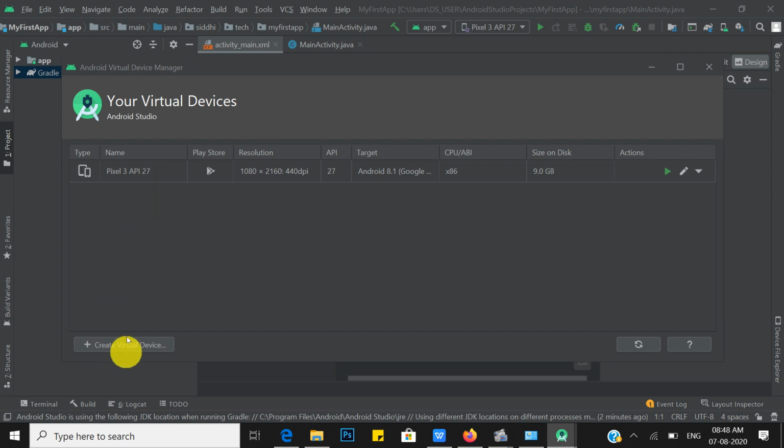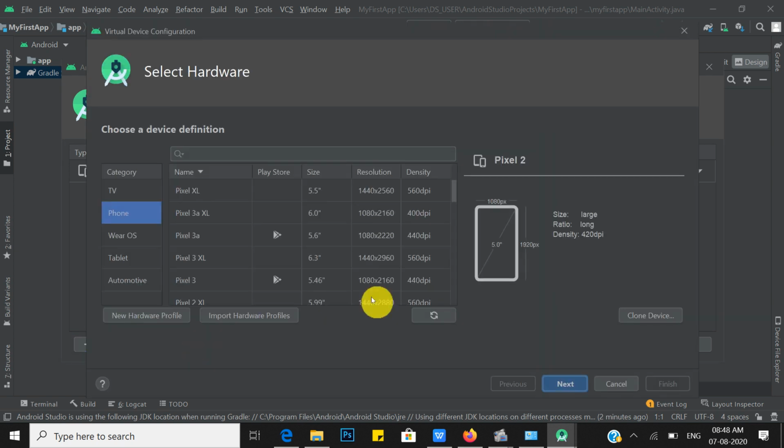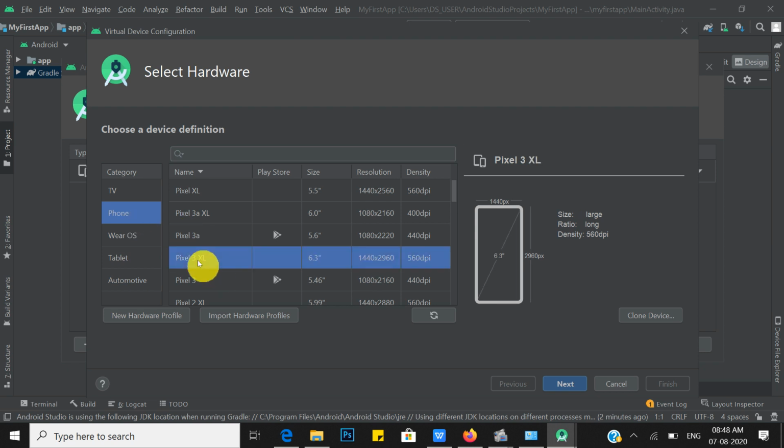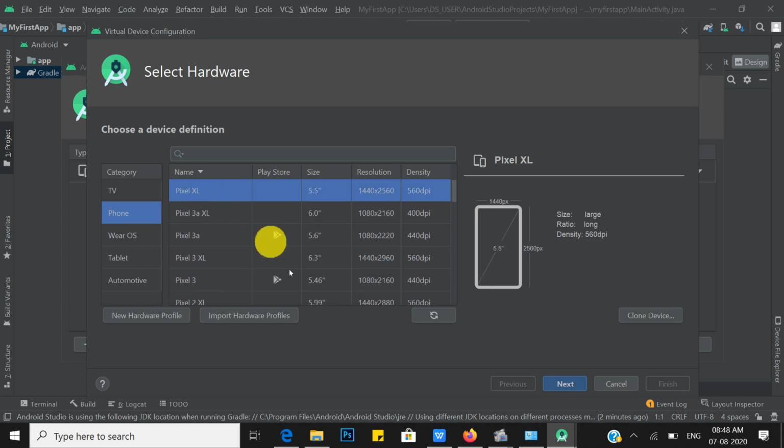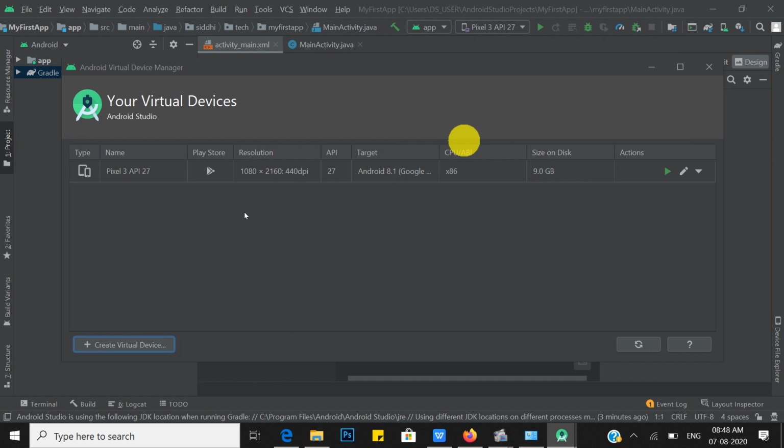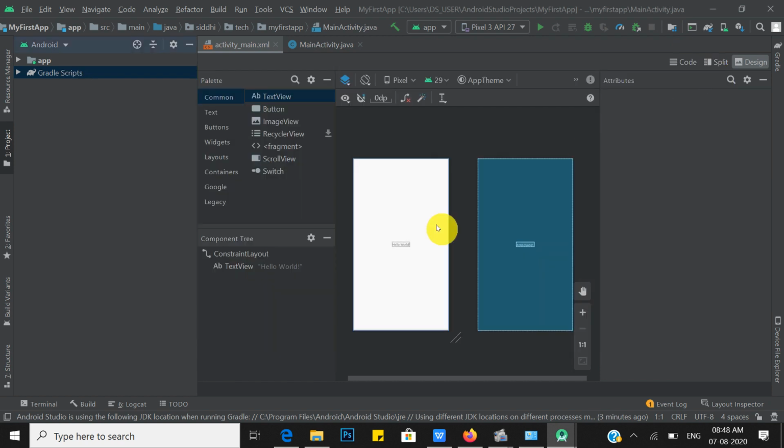But if you want to create a new virtual device, just click on Create Virtual Device and choose the category: phone, TV, tablets, automotive, Wear OS. Just choose phone, then choose which type, Pixel 3, Pixel XL, and just click on next. It can create your Android virtual device for you. Great guys. So you have to create your own Android virtual devices to run your applications.